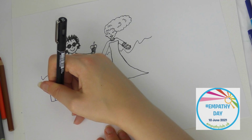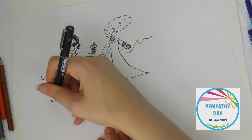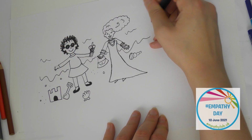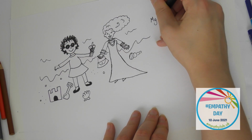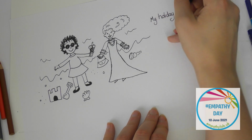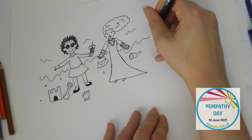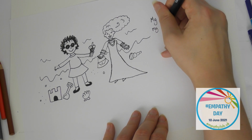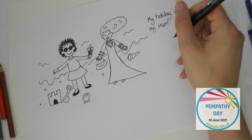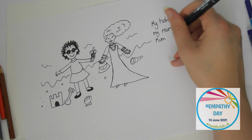So I'm just adding a few things to the beach, just so that we know they're on the beach holiday. And I'm writing all about Tracy's holiday. So Tracy, I would think, would write my holiday with my mum. And now to think about what her mum is like. So Mum bought me